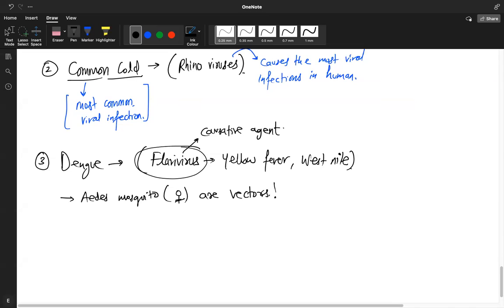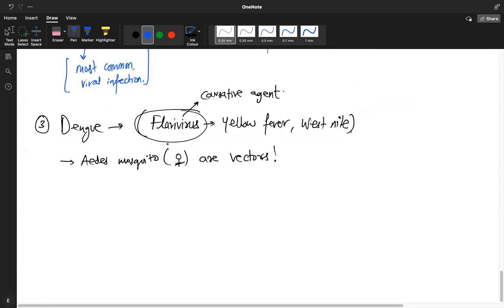So body pain is very characteristic feature of the dengue. So you can write in symptoms as high fever, body pain, especially joints ache, and